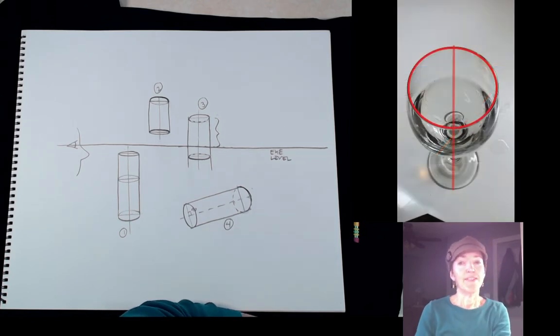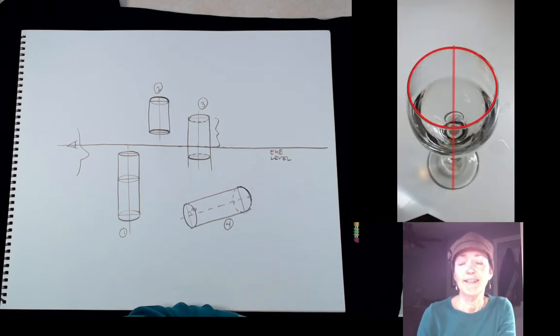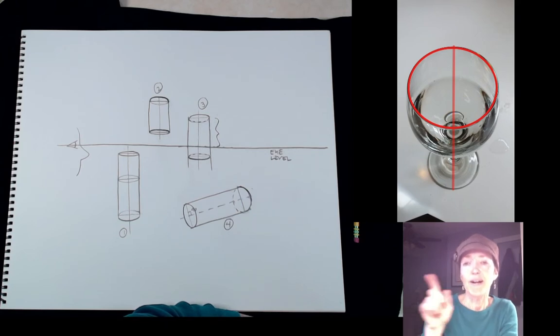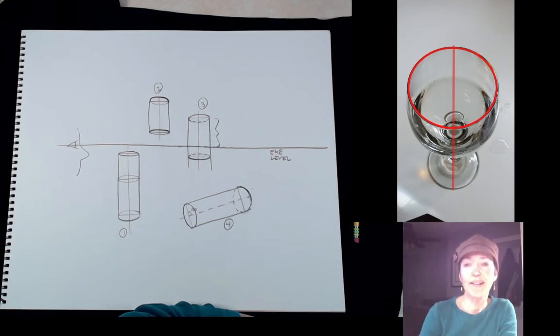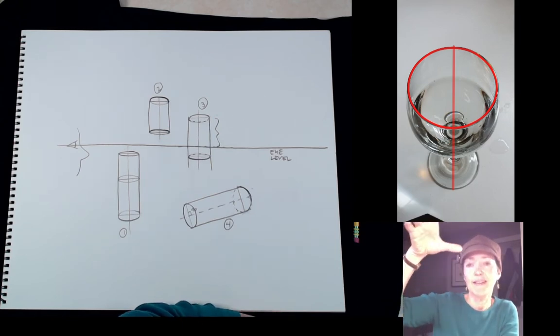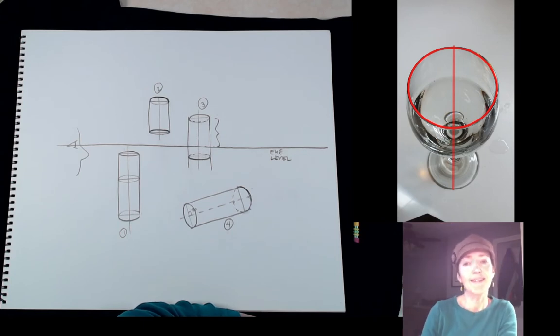And here's an example of another extremely foreshortened object. It's a wine glass. I added some water to the wine glass, so we have another ellipse that we can look at. I've darkened in the axis line that runs right through the wine glass. I've also darkened in the ellipse at the mouth of the wine glass, which is almost a circle.